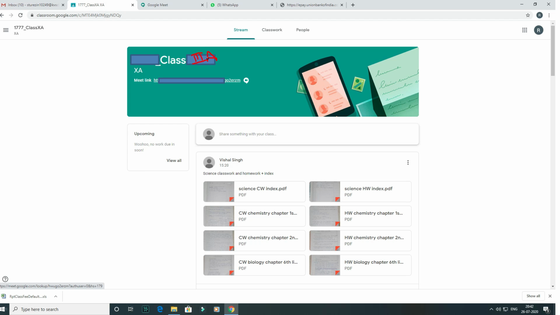Here the school code will be there, which school you are studying in, that school code followed by class and followed by section. Here there will be a link. This link only you are going to click to enter the classroom. When the class teacher starts the class, they will give the timetable to you. So 5 minutes or 10 minutes, whatever the teacher tells you, accordingly you have to do.